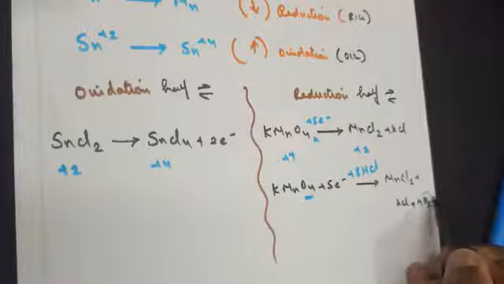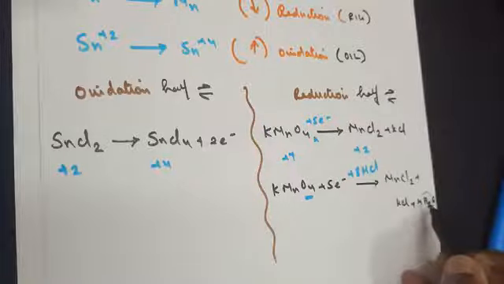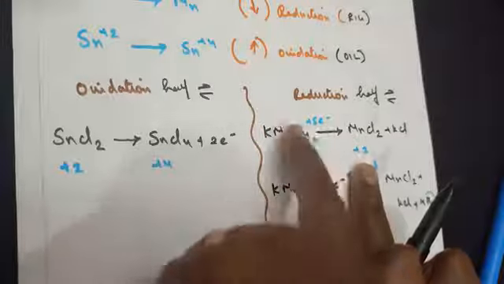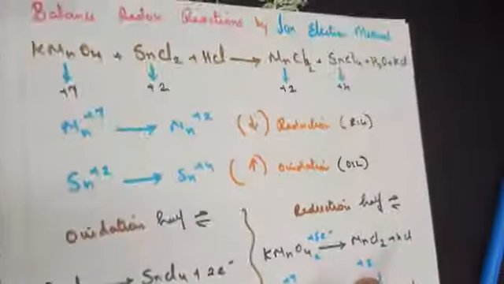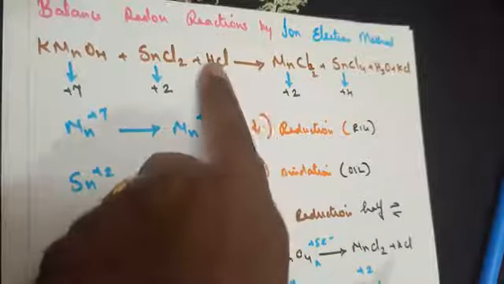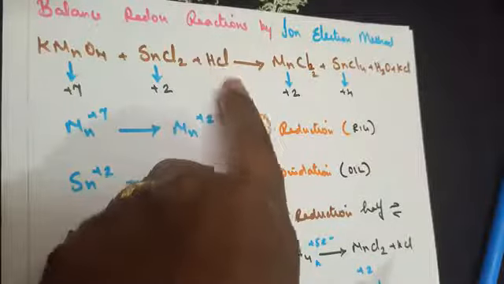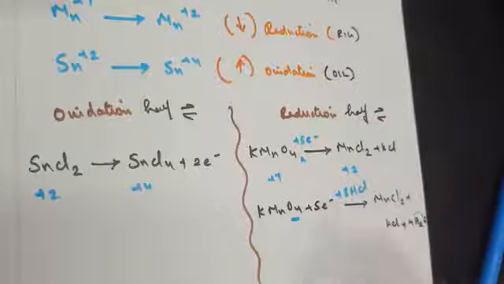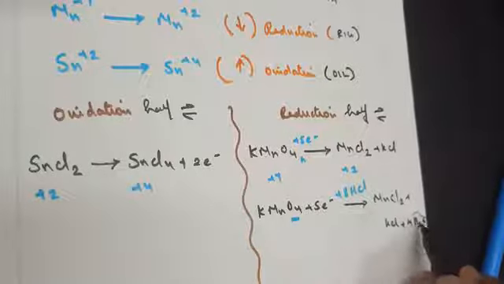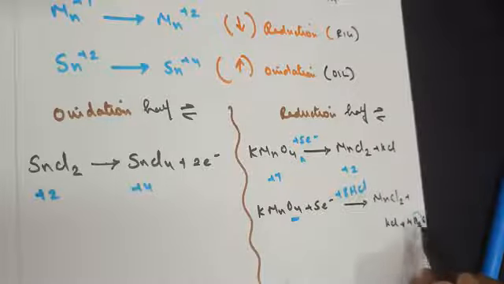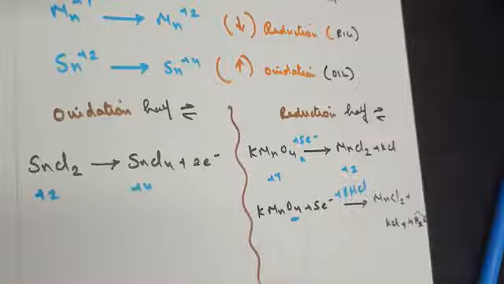When you add 4 water molecules, how many hydrogens are you adding? 8 hydrogens. Now in this term, do I have any hydrogen term? It's not there. But if you look at the given question, you have HCl, meaning hydrogen is found combined with the chlorine here. So I'm writing 8 times HCl. So we are balancing the number of oxygen 4 times here, 4 times here, 8 times hydrogen and 8 times hydrogen here.